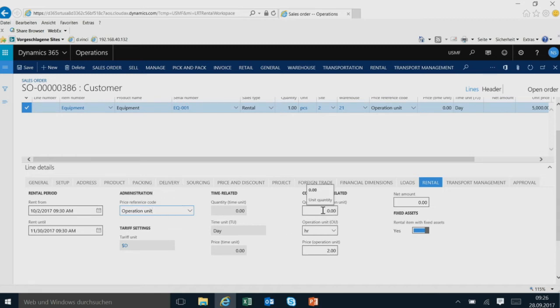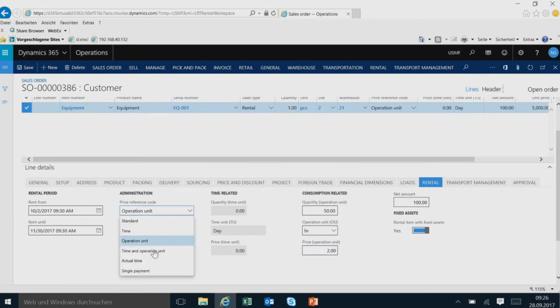And let's say we predict, later on only actuals would be invoiced, but we predict that it's going to be 50 operation units, and in this case, hour, could also be miles, whatever, or cups of coffee. And then we have the price, and as we can see, if I change this, the net amount up here changes relating to this.